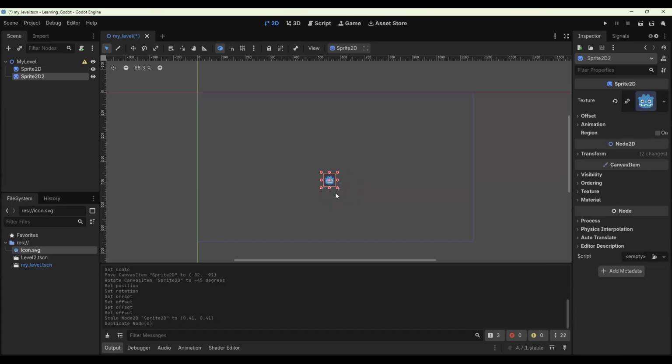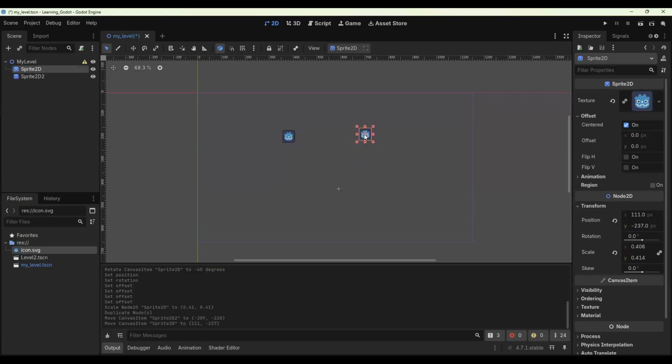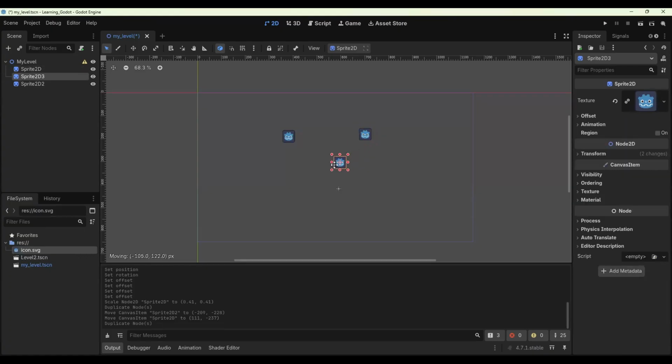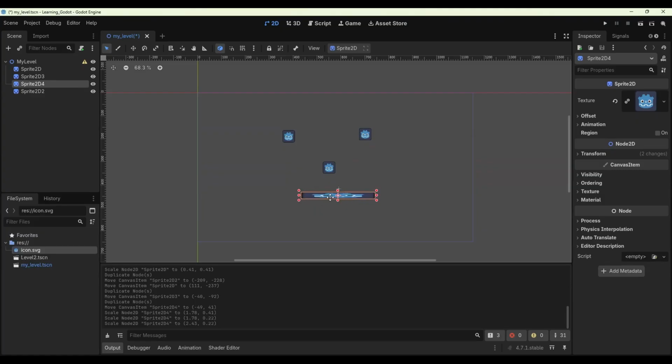I'll duplicate this. Drag one here, I1, I2, press Ctrl D to duplicate this, nose, press Ctrl D to duplicate this, just make this like, let's say, mouth. Press Ctrl D to duplicate this,